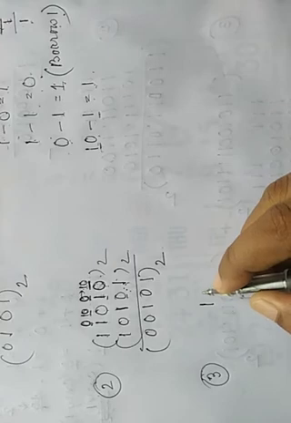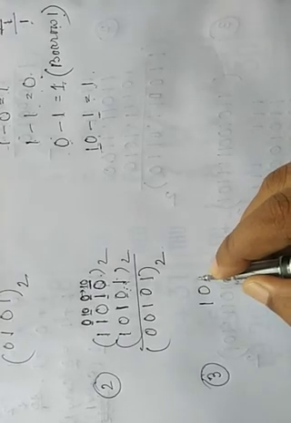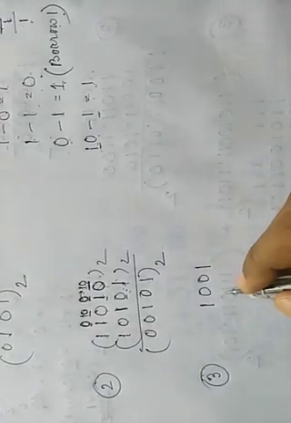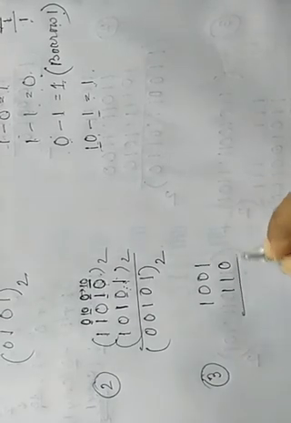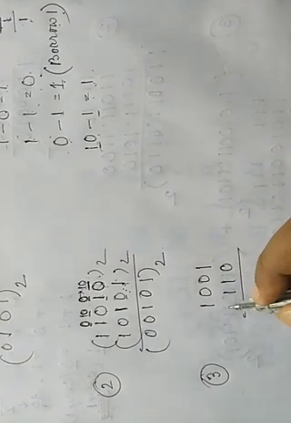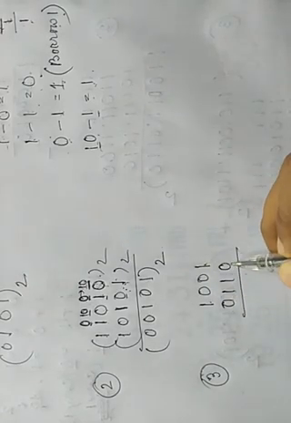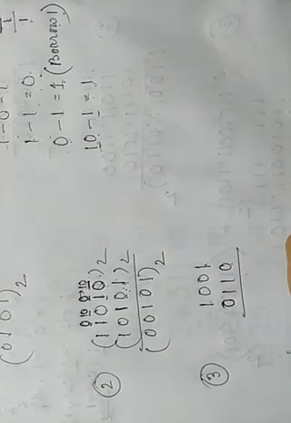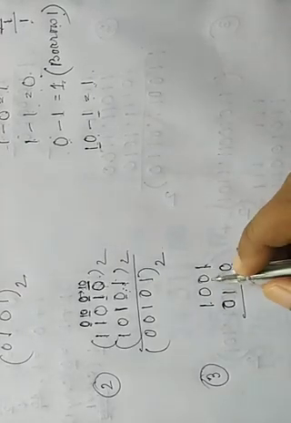1, 0 0 1, and 1 1 0. Okay, here it is obviously 0 here. This is a 4 digit number, this is a 3 digit number, so 0 should be placed at the left hand side. Now let us see, 1 minus 0 is 1. Now here again 0 1.